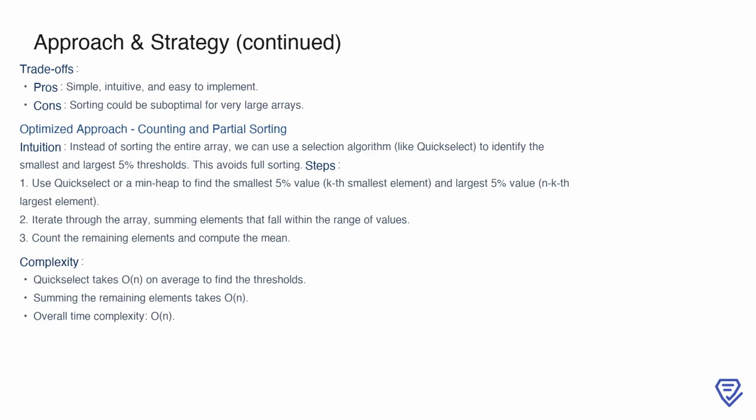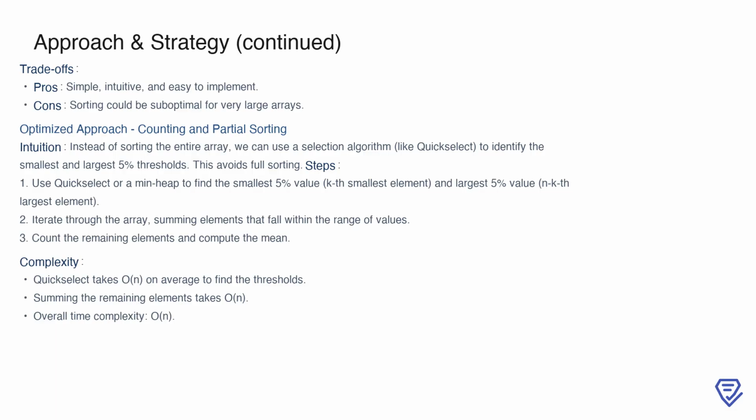Quick select allows us to determine the kth smallest and kth largest values more efficiently. Once we have these thresholds, we can iterate through the array, summing up only the elements that fall between them. This avoids the overhead of fully sorting the array, achieving an average time complexity of O(n). However, it's important to note that while this method is faster, it introduces additional implementation complexity due to the quick